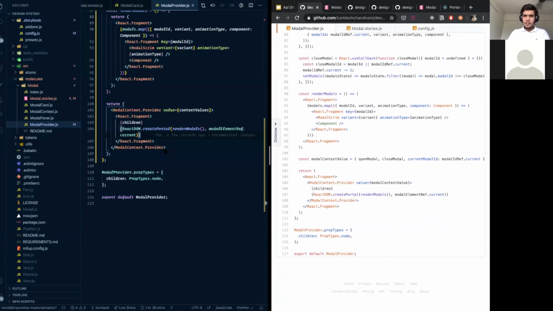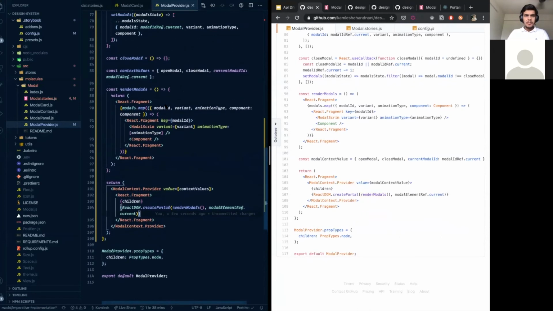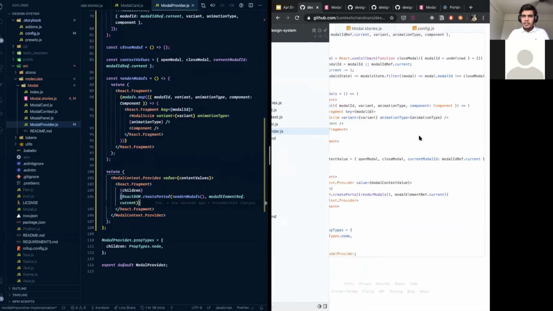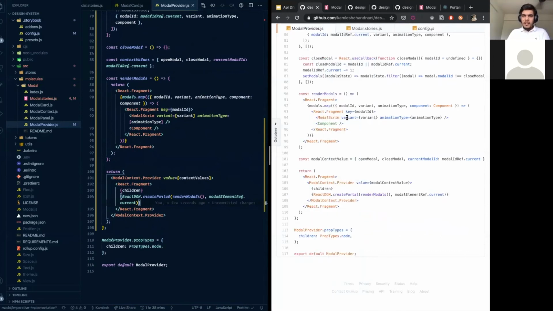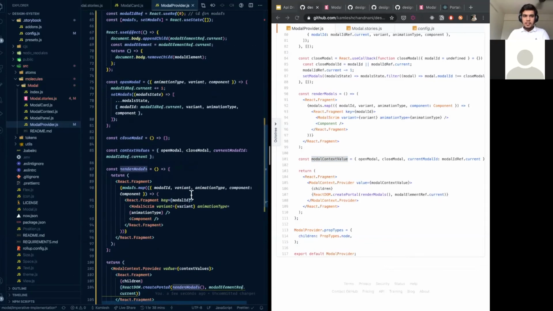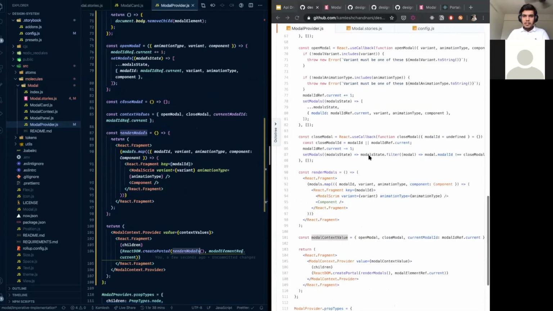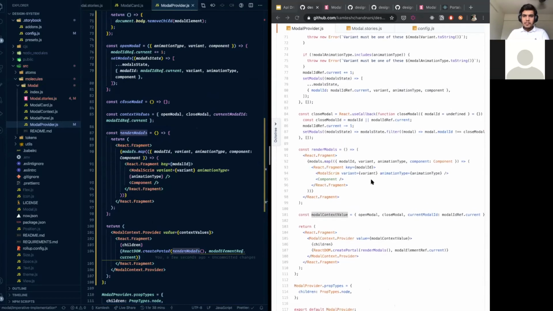We have createPortal, renderModals. I have this thing. Something is not working. What is it? Context value. I have children. I have renderModals. renderModals is something else. Let me just copy this and we'll replace it here.